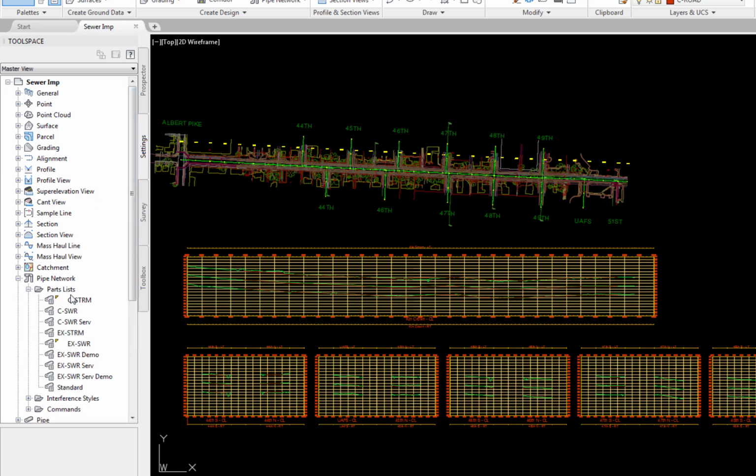The various part lists are shown. There are some for storm. There is C SWR service, existing SWR demo, existing SWR service, existing SWR service demo. The reason for the various parts lists for the SWR